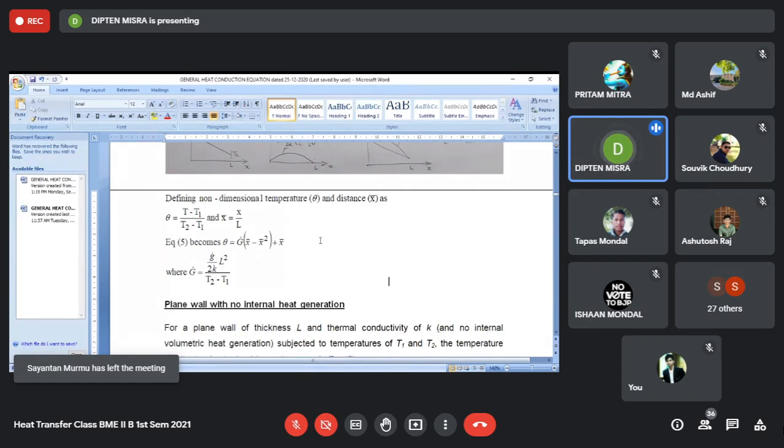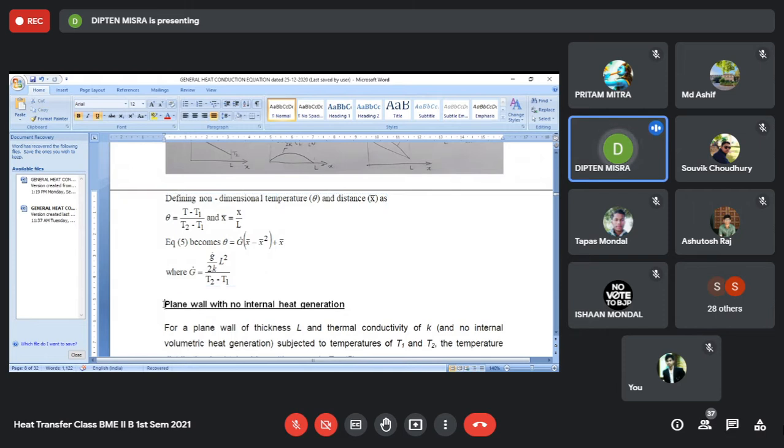Now, suppose I want to find out for a problem where T1 is equal to say 100, T2 equal to suppose 40, K is equal to suppose 300, G dot equal to 300, like that. L is equal to suppose 0.05 meter. So in this way, now I want to find out at a distance of x equal to, I have taken the thickness equal to, if I write down those things, suppose,